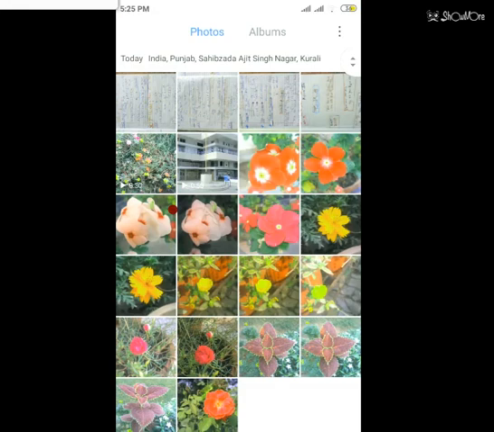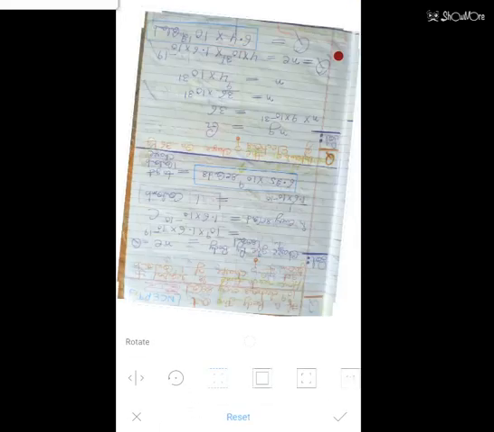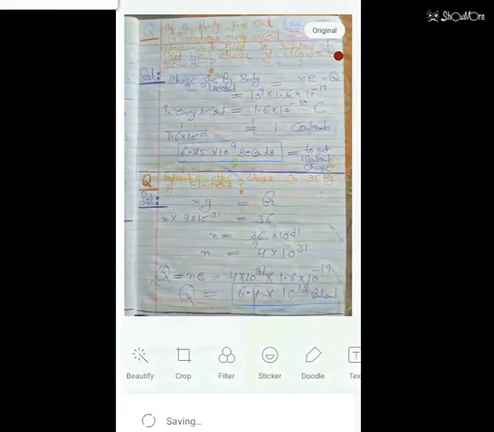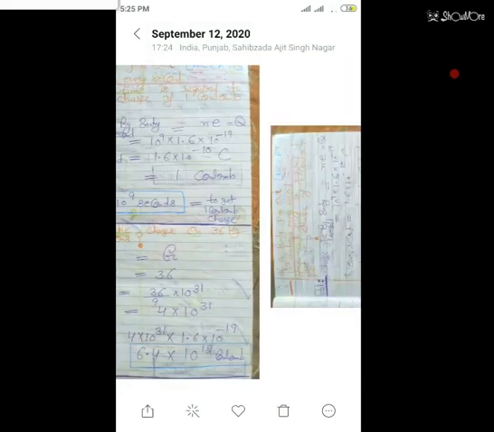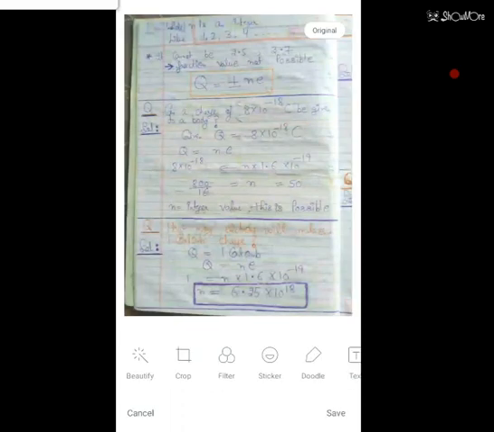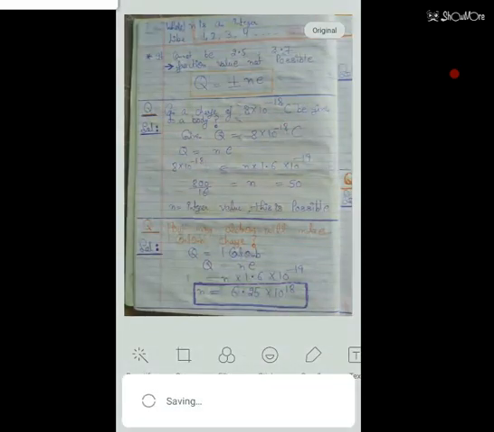These 4 sheets are available in the gallery. You can see here, these are the 4 photographs that I have taken, and they are not in portrait, they are not straight, so I have to rotate them. You can check here, I have edited and rotated them in this way. You have to do the same, because last time we saw that students were sending images where one image is in portrait and one is in an upward direction. So you have to send proper sheets. I will show you at the end what a proper sheet is.